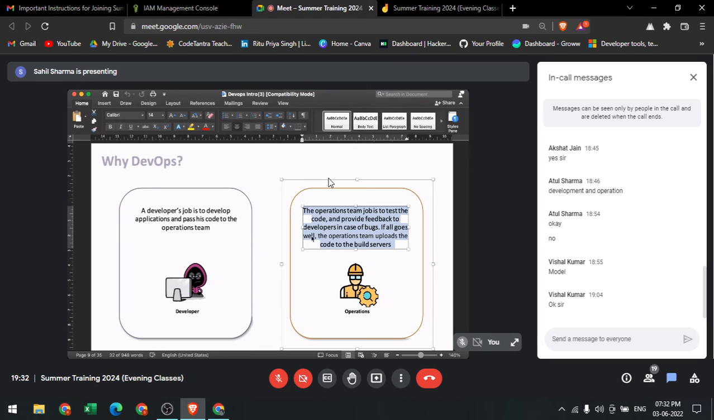If all goes well, suppose feedback is given from operation to developer, he makes the changes and everything is working fine, then operation team uploads the code to the build servers. Now, beta, what do you mean by build? How is a build made? To convert it into executable files. Like in Java, we have jar files, na. So in Java, we have the jar files or the .exe files that we are going to build,